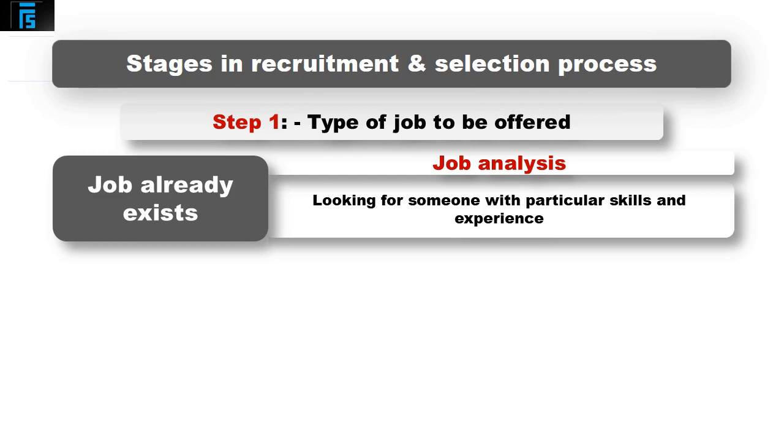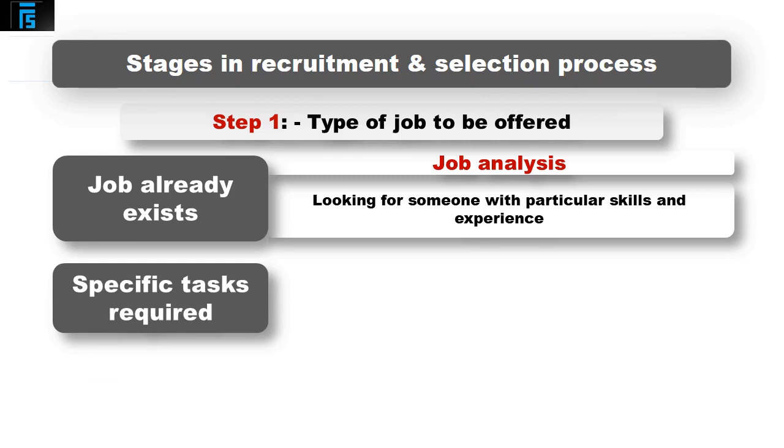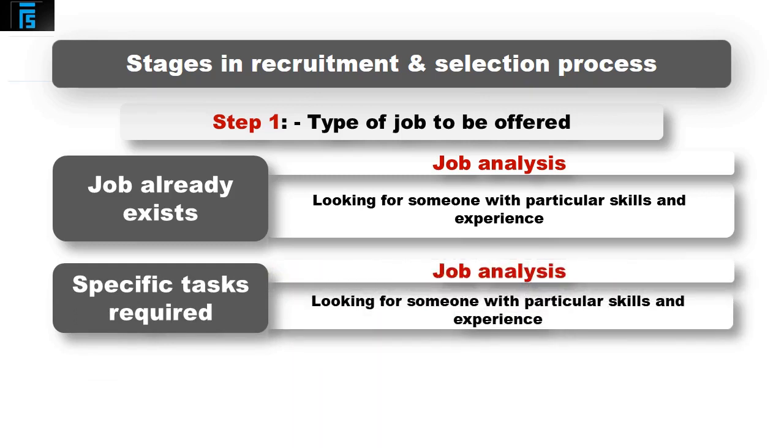Second bullet point. Again, if the job requires getting something specific done, then a job analysis is the best place to start. So specific tasks, your job is to make sure that these things happen. For example, we have a project. You will be in charge of the project. Your job will be to make sure these tasks get done so that the project gets finished on time. Again, in those kind of circumstances, a job analysis is very useful. So a job analysis that says, this is what you must do when you are working. Here are the things we want you to achieve.